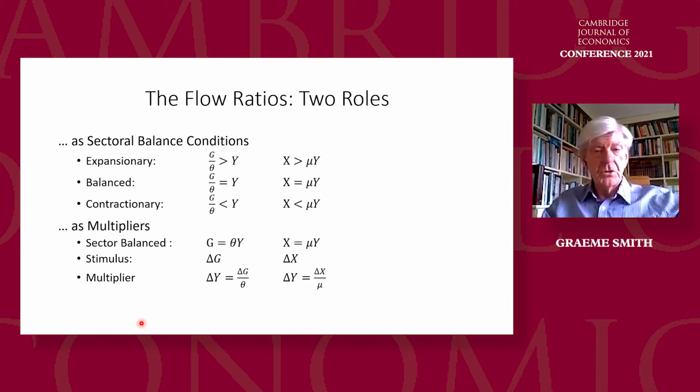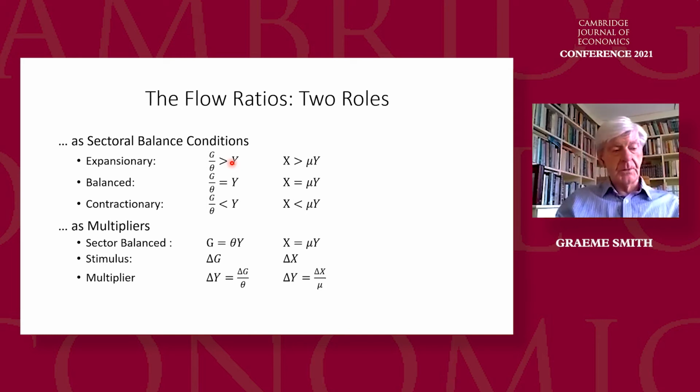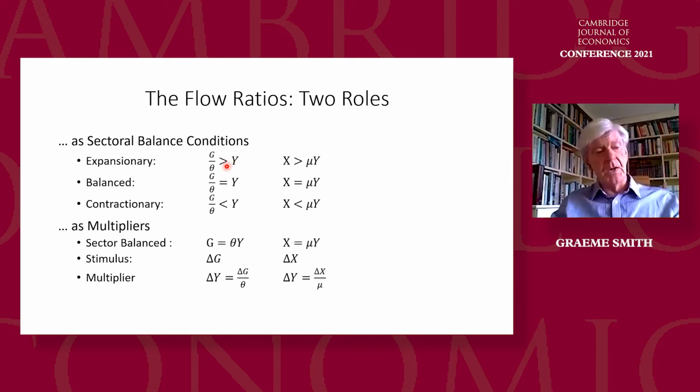Now, the flow ratios actually have two roles. Firstly, as sectoral balance conditions, and secondly, as multipliers. And I already mentioned that the trade ratio is Harrod's foreign trade multiplier. So in the sectoral balance role, the relationship between the flow ratios and national income determines the level of stimulus or constraint on the private sector. And in the case of the public sector, that's these ones here, if the fiscal stance exceeds national income, it's an expansionary situation,